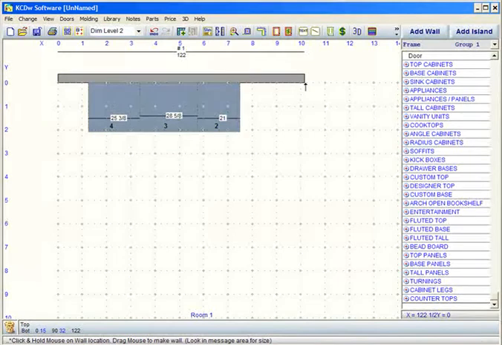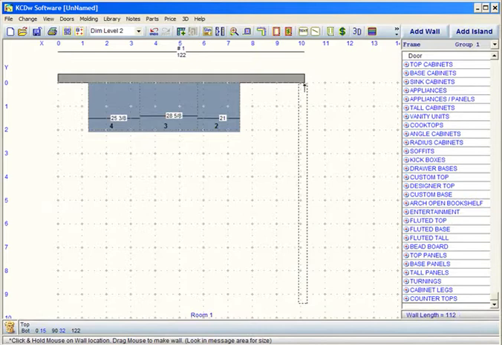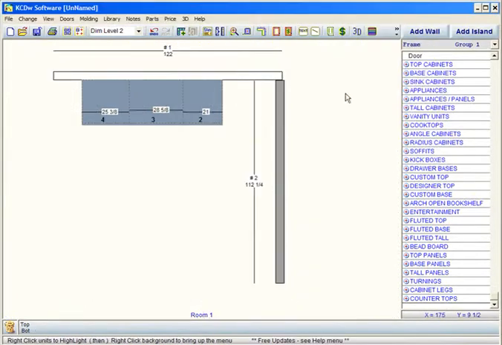Instead of holding their mouse key here and dragging, they start down here somewhere. Then they hold their mouse key and they drag it up to the wall. When they let go and click OK, you'll notice that that wall did not connect to the other because it didn't know to. Once again, the dimension line shows us the back of the wall, and if that's not the way we want to face the wall, we could just pull this away, hold the mouse key on it,